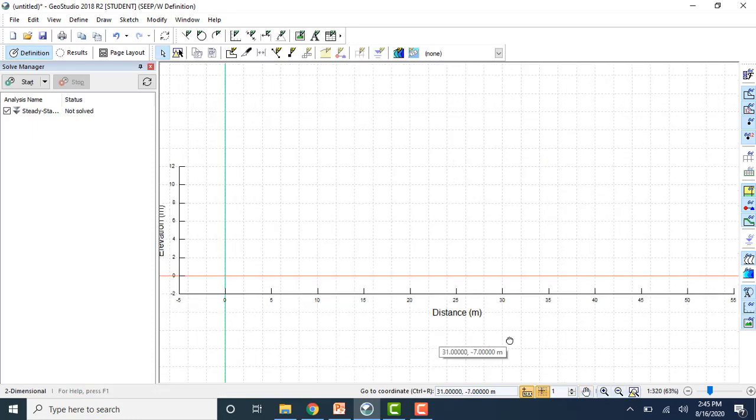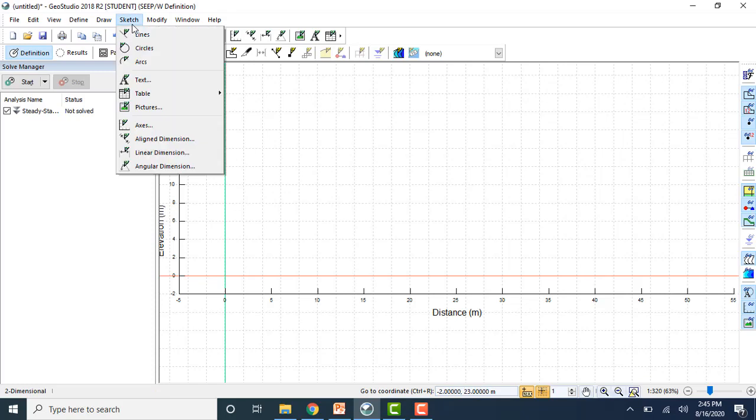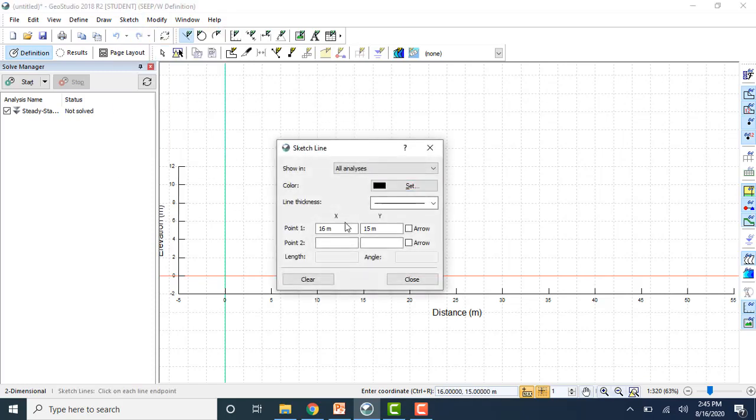Next step is to sketch line. In order to draw the geometry, for that go to sketch, right? Then click on line, right? Then specify the X and Y coordinate for point 1 and 2 for each line. So first line is at location 0 0, and the second location is 24 and 12,